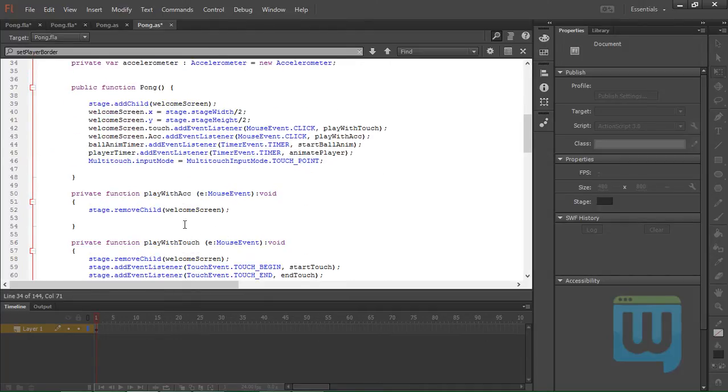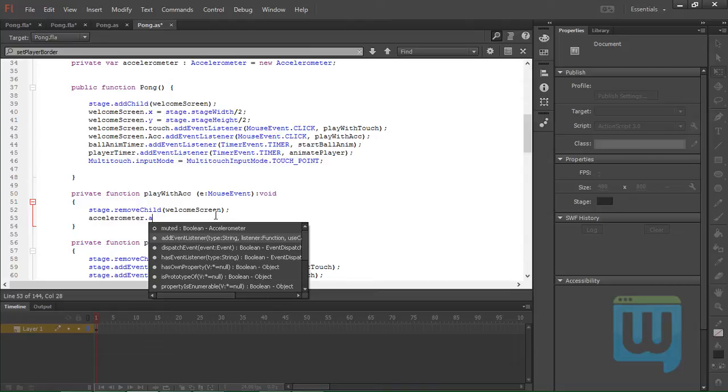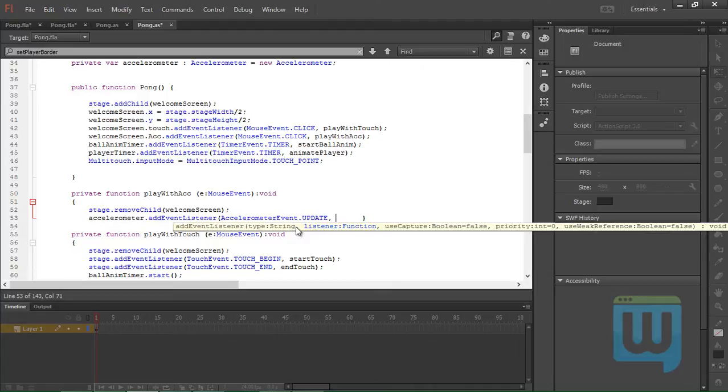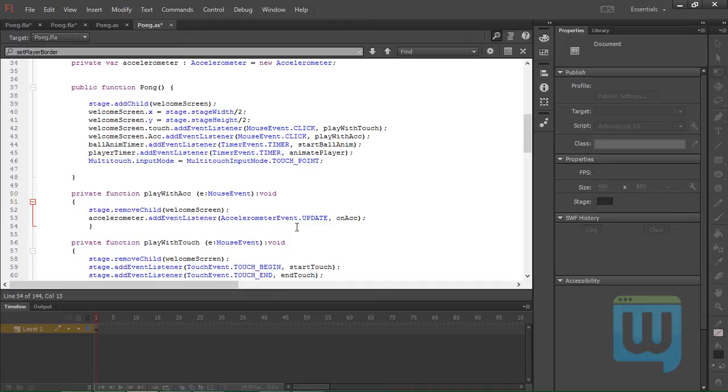Then we need to add an event listener to this accelerometer. So accelerometer.addEventListener is going to be AccelerometerEvent.UPDATE. The function will be called onACC. Okay,